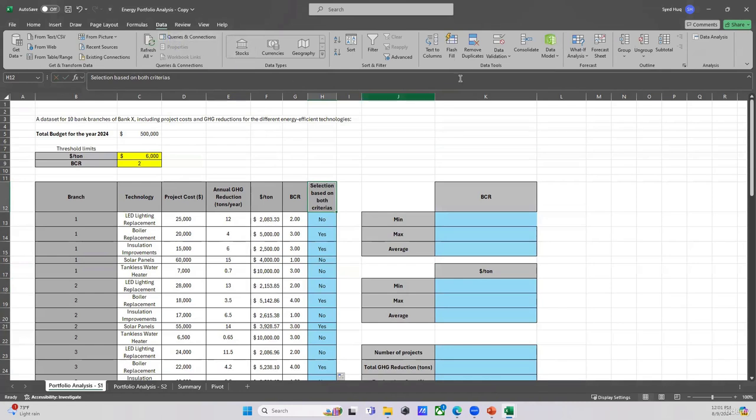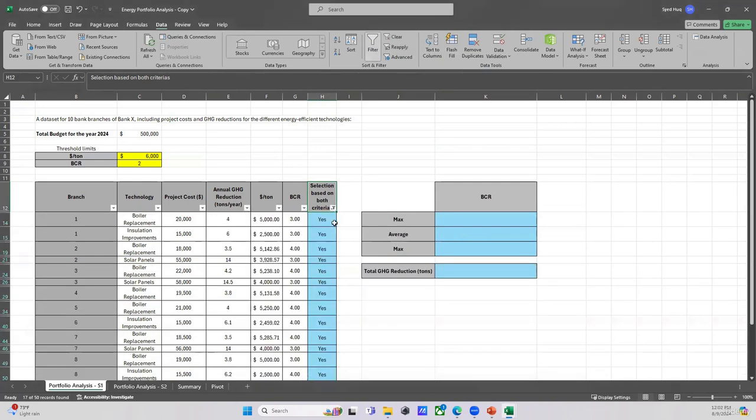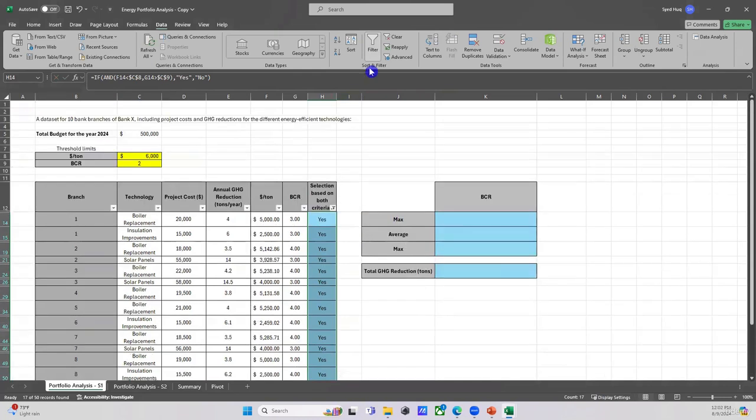So after we are done with that, if you're interested to see which projects meet both criteria, just go to filter and select yes. And you see here count 17 means 17 projects meet the criteria. How many projects were there initially? There were 10 branches and 5 projects for each, means there were 50 projects, and out of 50 projects, 17